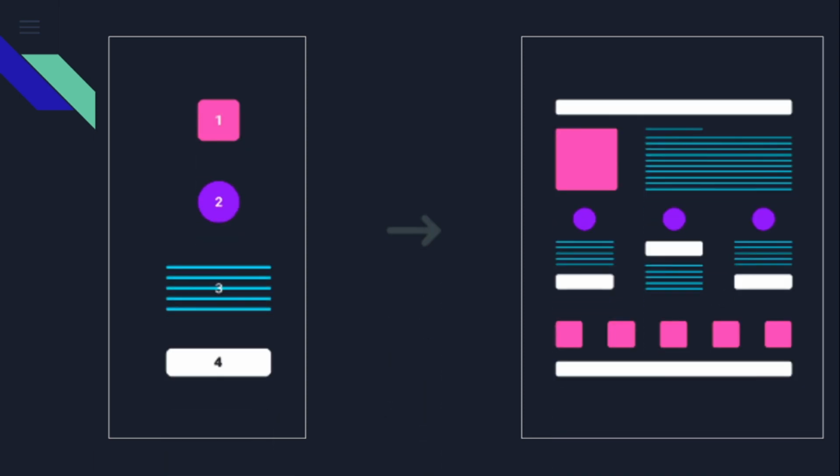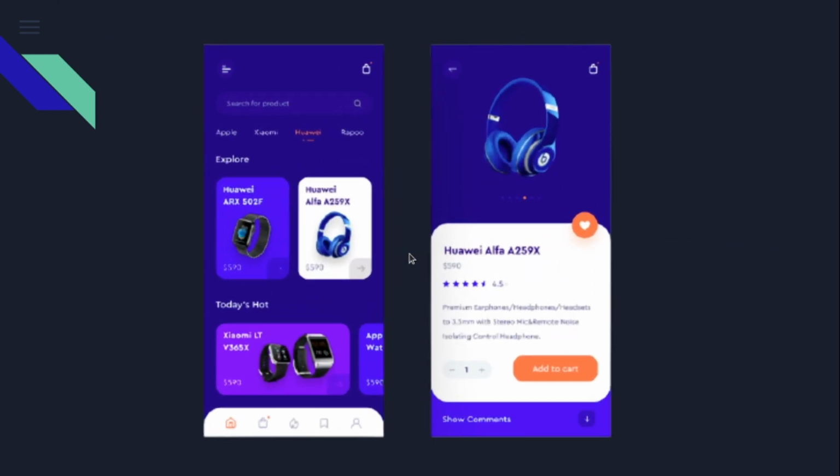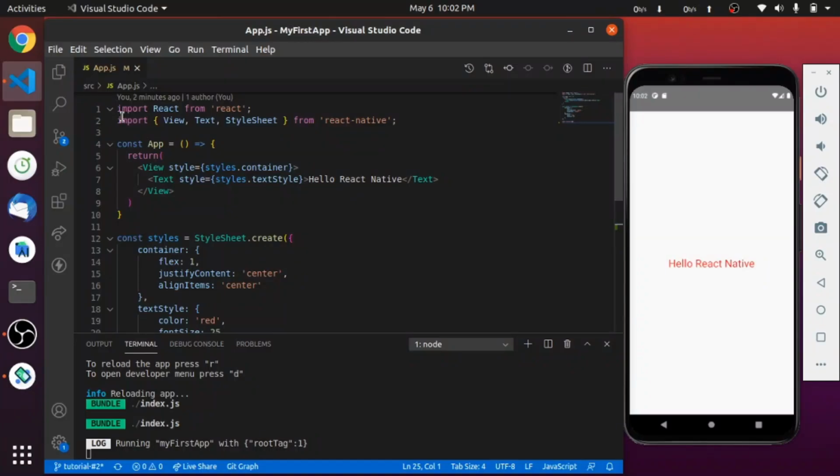This is the basic structure of a screen which is made of small components like view, text, image, buttons. Let's take a look at an application screen example which is entirely built using React Native. To get a better understanding of how React Native works, as the illustration shows, we can divide this UI in multiple components for better understanding, which makes the code easier to debug. Like this one is the text input for search box, these are the cards for products, and this one is the image component.